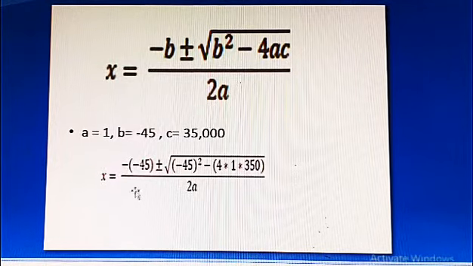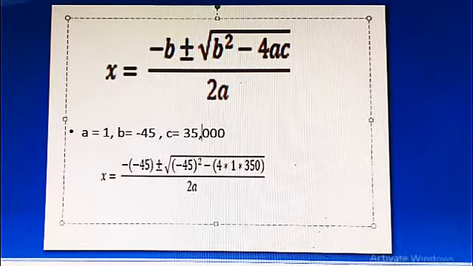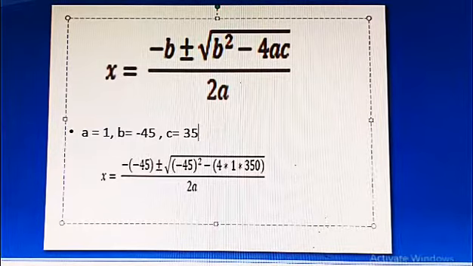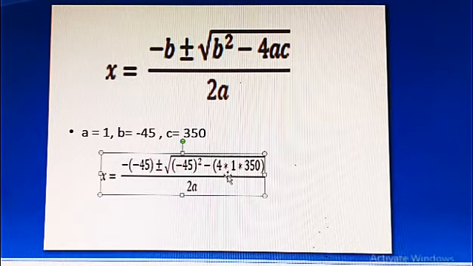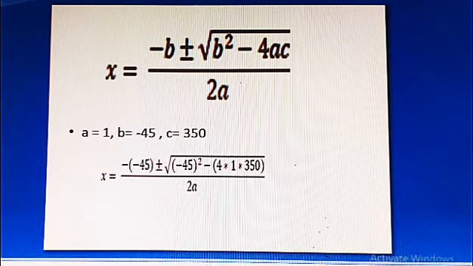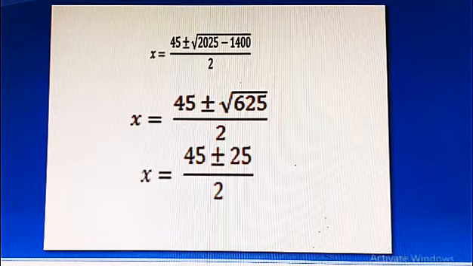So what we are going to do is just substitute in the formula. Minus of b, so minus of minus 45, plus or minus square root of minus 45 the whole square minus 4 into a, what is a? 1, into c is 350, the whole term divided by 2a. A is 1, you put 1 here. Okay students, and then further simplification, what will you get?